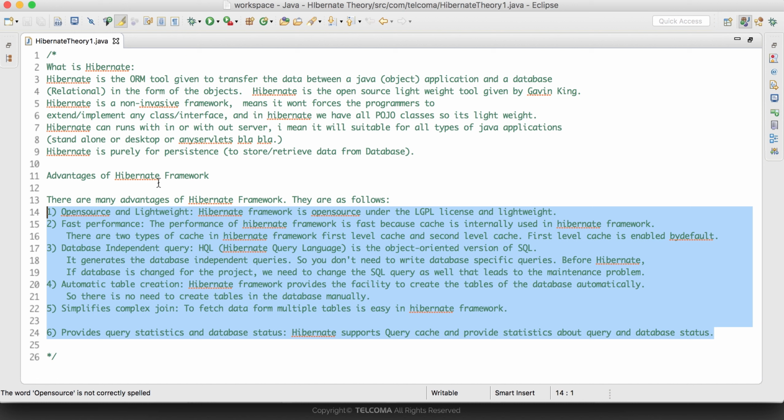So in this tutorial, we have covered what Hibernate is and what its advantages are. In our next tutorial, what we will cover